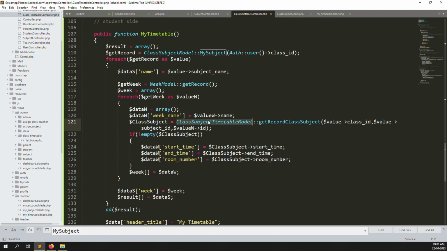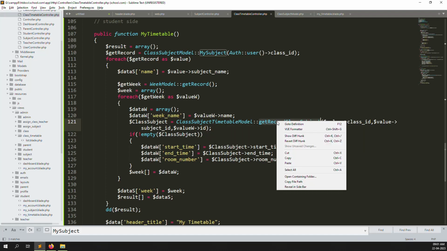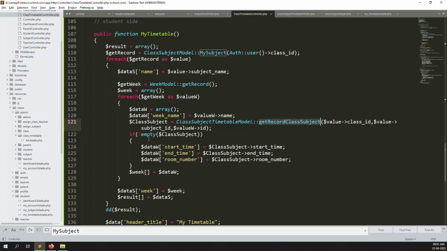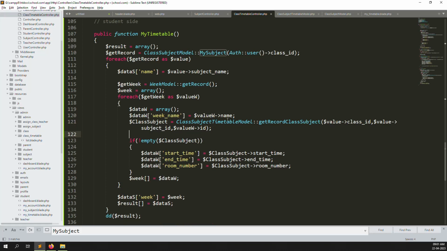We are storing data inside the admin side, and we have already created this function before. Class ID wise we can get the data, subject ID wise we can get the data, and week ID wise we can get the data. So we have made three where queries, and we can check okay this class ID is matching, subject ID matching, or week ID matching. So we can get the data,